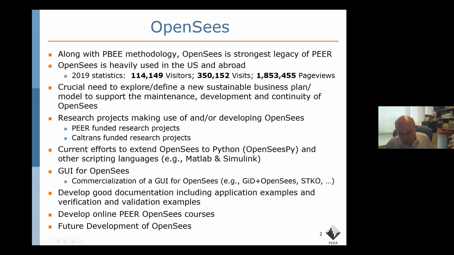Then there is also a need to develop good documentation, including application examples with good modeling techniques and good analysis strategies, and also a need to develop verification and validation examples like established commercial codes have. Then the issue of developing online peer OpenSees courses or short courses, and future development of OpenSees. So there were quite a bit of concerns and ideas and so on. So I presented this to